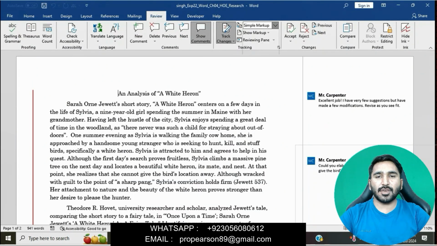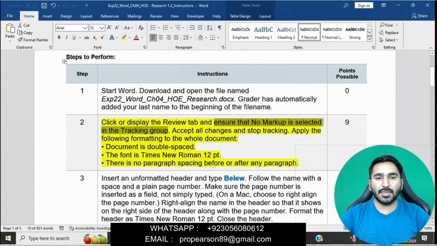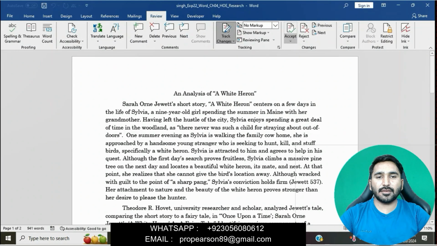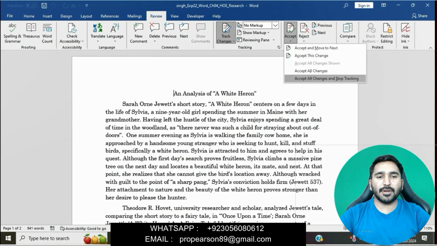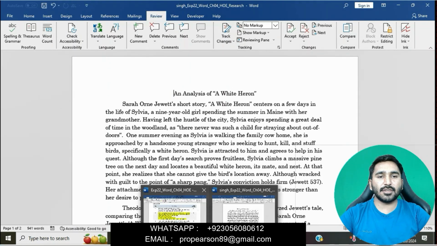You can see in the Review tab, go to the Tracking group, then the Markup option, and then select No Markup. Accept all changes and stop tracking. We will go to Accept, and then Accept All Changes and Stop Tracking is here. Click on it in the Changes group.